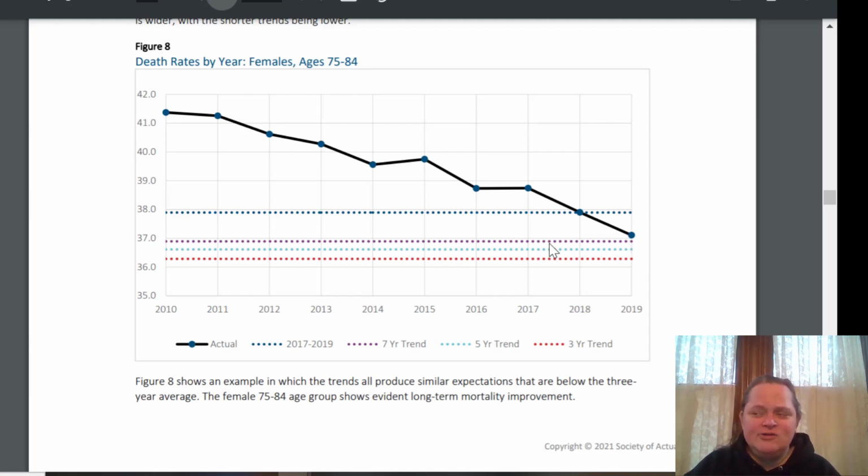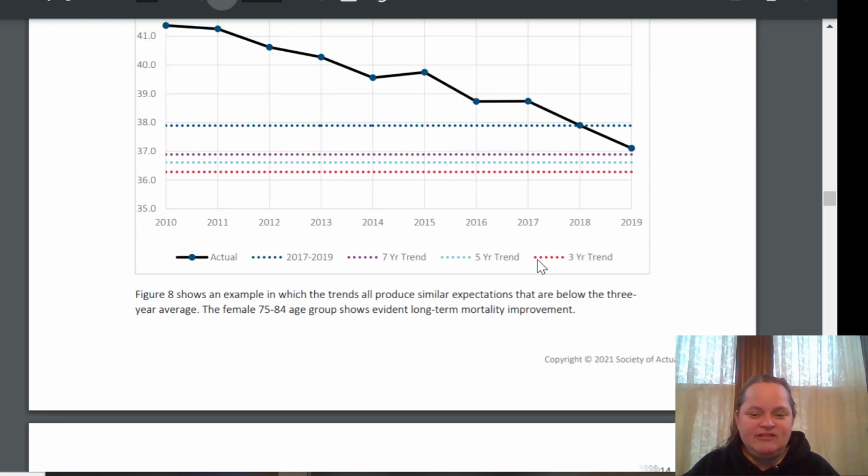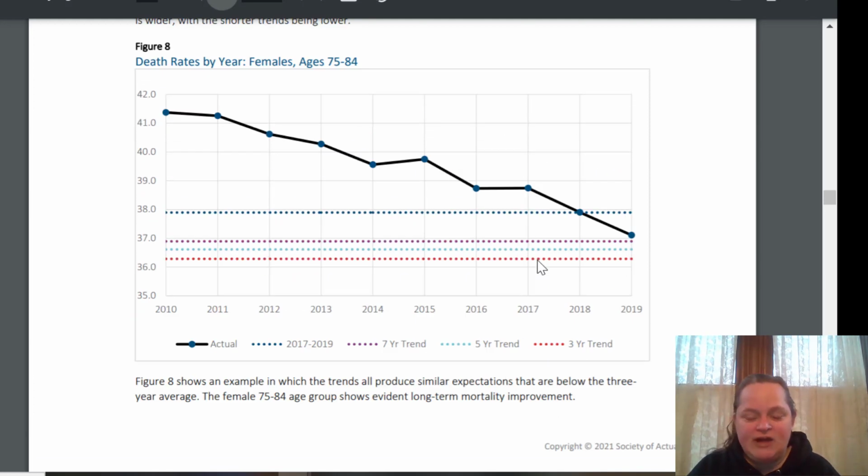So you can pick one trending approach, but depending on which group you're trending, that expected death rate may end up higher or lower than the 2019 and at different magnitudes of difference, I guess. So, I mean, these are some of the issues that go into trying to determine an excess mortality